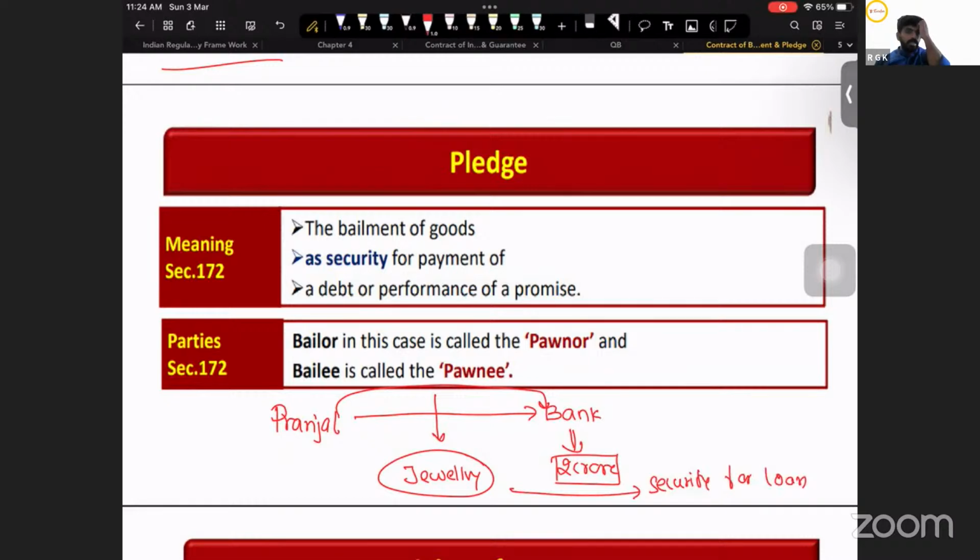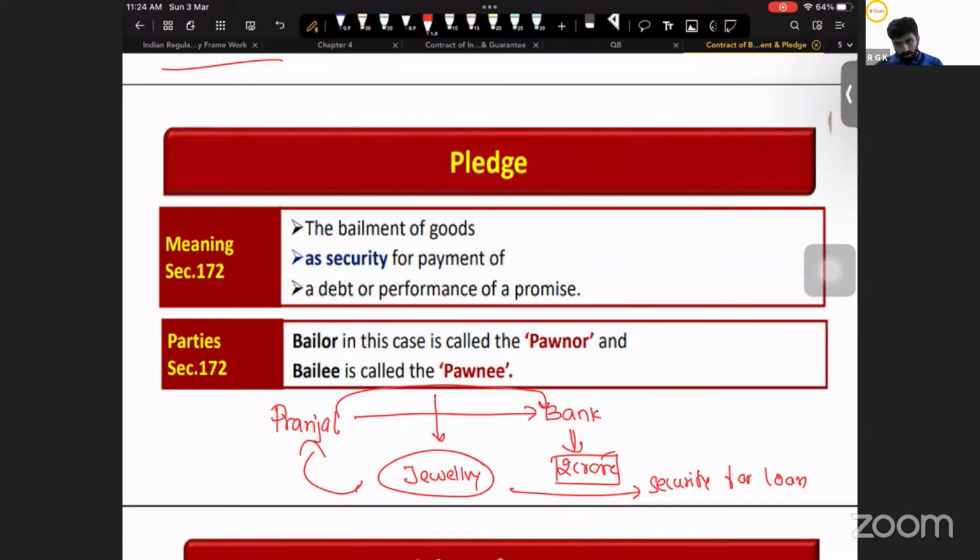She's actually giving these jewels to the bank as security for the loan which she is going to take. On satisfaction of this particular debt, once she repays this, the jewelry will be returned to her. Nothing but bailment only. Delivery of goods for a purpose, on completion of which the goods shall be returned back